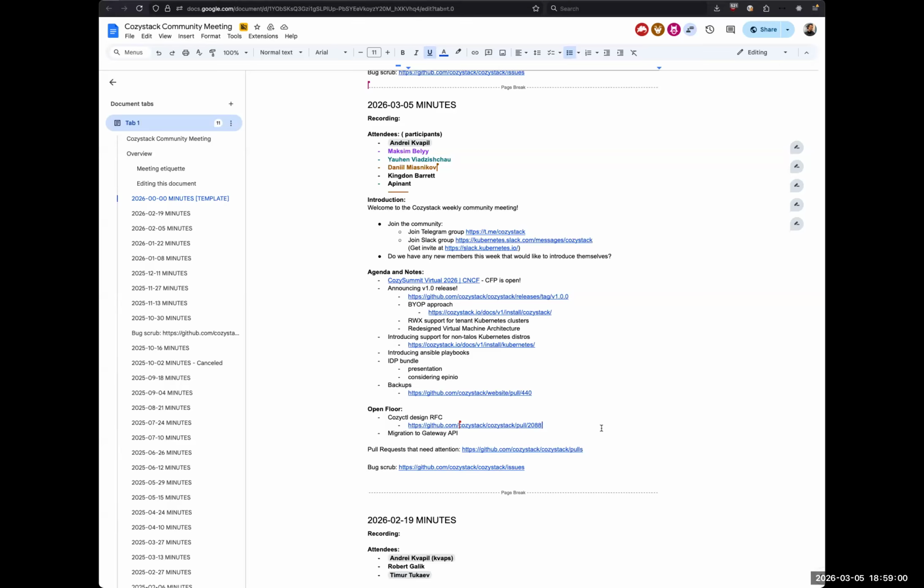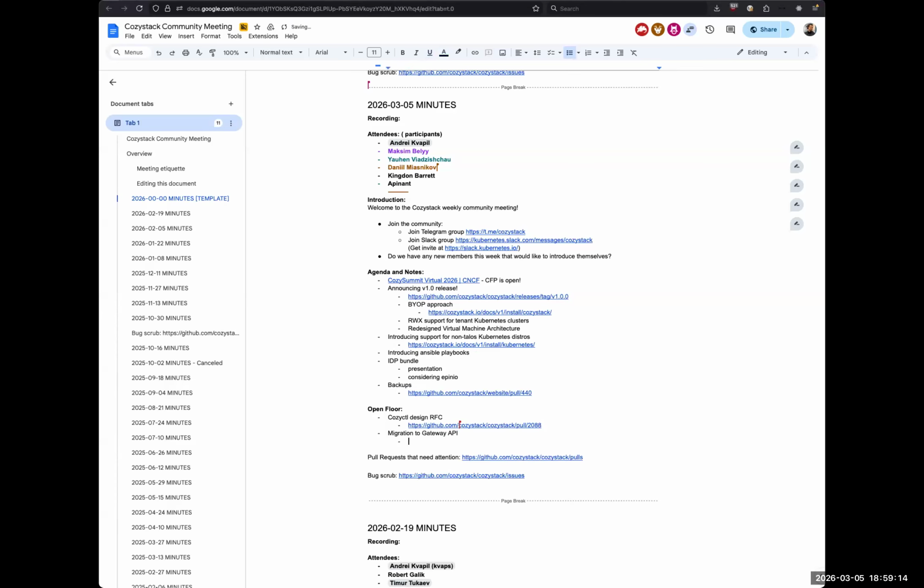Yeah, from the networking point of view, the combination of CNIs in Cozystack is very complex. And we believe that for troubleshooting, it's better to have one CNI or another do all the work.